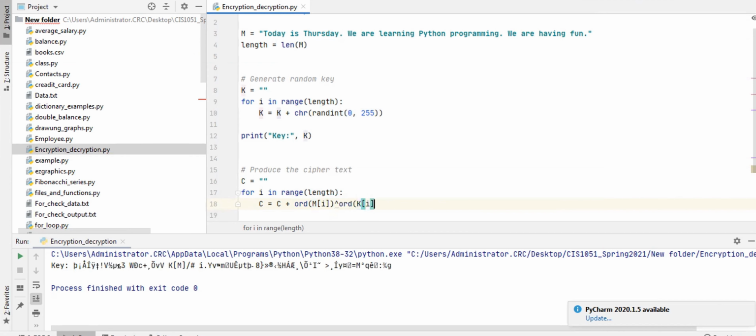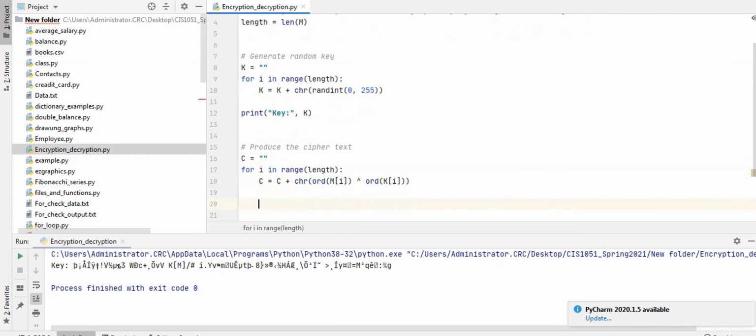After converting these characters to integer format, I can do the XOR operation. I can do XOR on integers, correct? But as these are in character format, you convert them to the corresponding integer format. Now this is going to generate an integer, so I need to convert it again to character format before appending it to C, because C is ultimately a string.